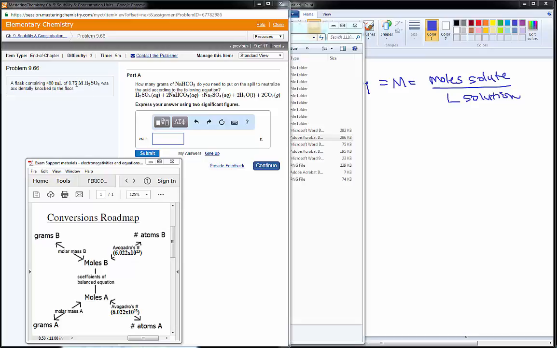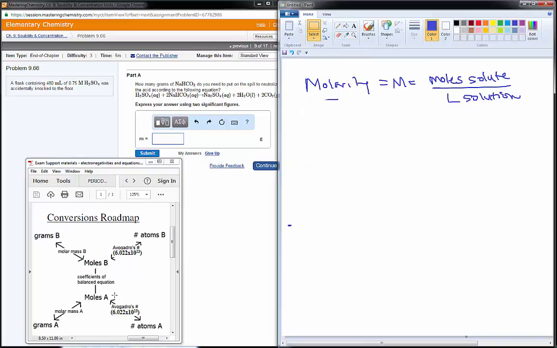I can use concentration to solve for moles of A, and from there go to moles of B, and from there go to grams of B. So what I'm doing is kind of off-roading from moles of A using the solution concentration units. Like we did with gases, you could use PV equals nRT to go from moles to pressure, volume, or temperature. So starting here, what I have is 0.75 moles